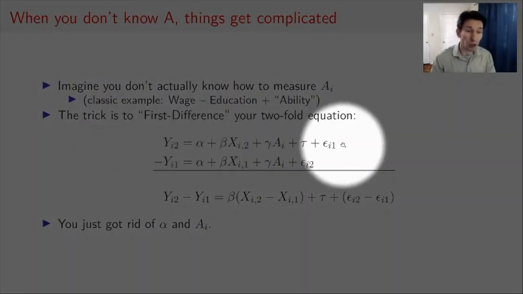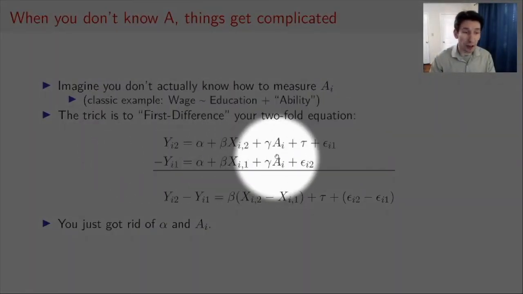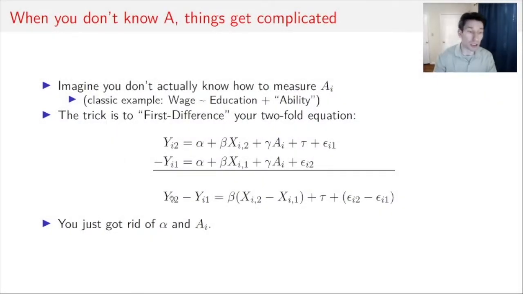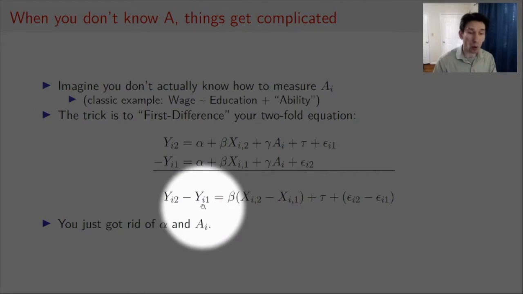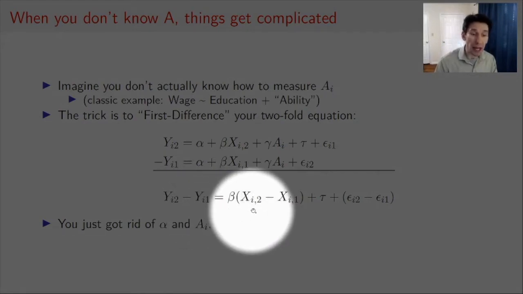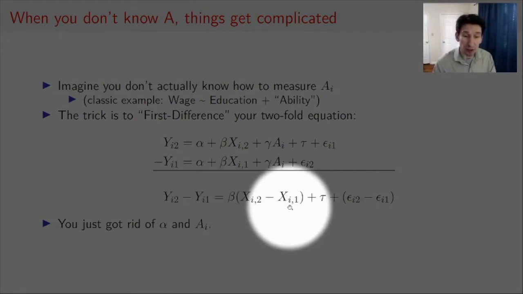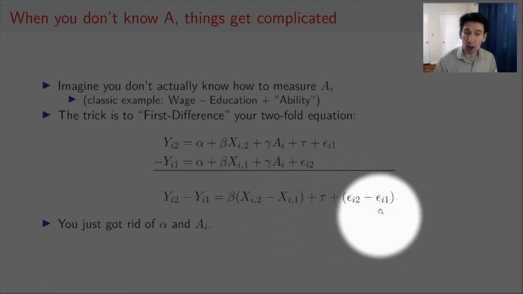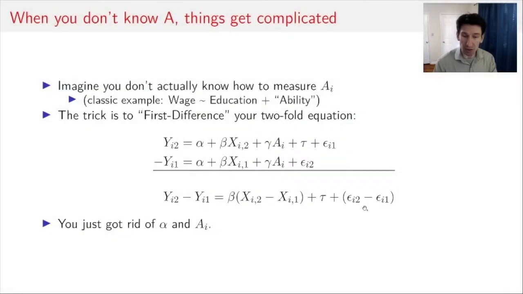Your equation in the second year minus your equation in the first year. If you subtract one from the other, you get yi2 minus yi1 equals beta times the difference between xi2 and xi1 plus the tau plus the difference in error terms. But look what happened, a disappeared. So by first differencing, what you did is you've rid yourself of the problem of unobserved fixed characteristics, such as